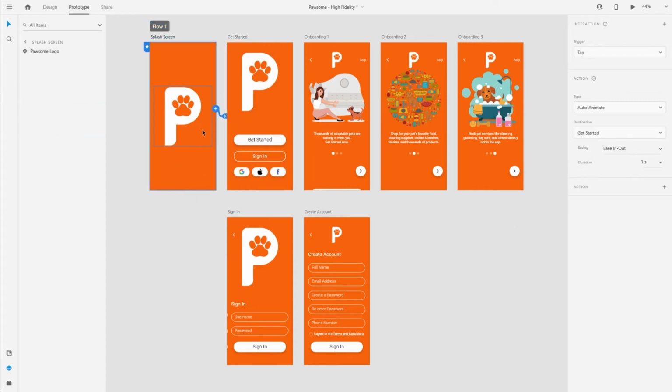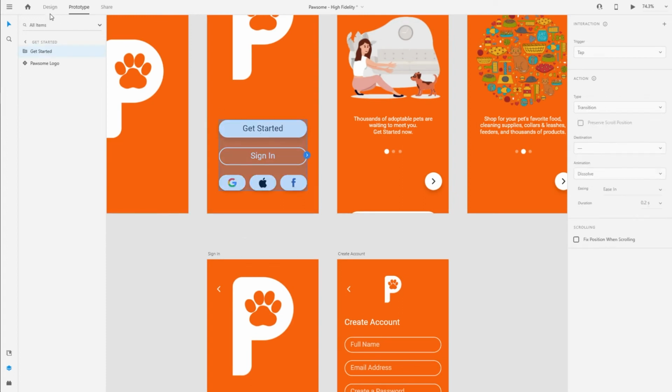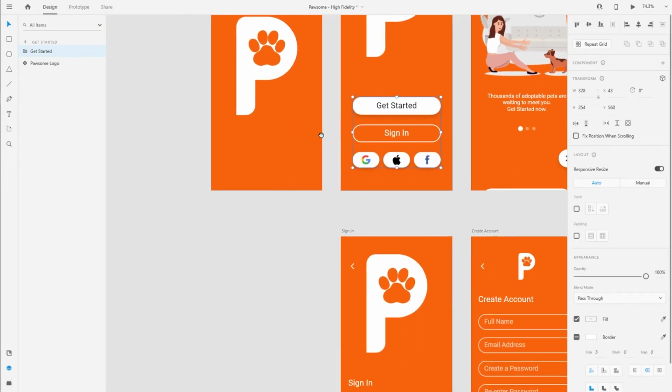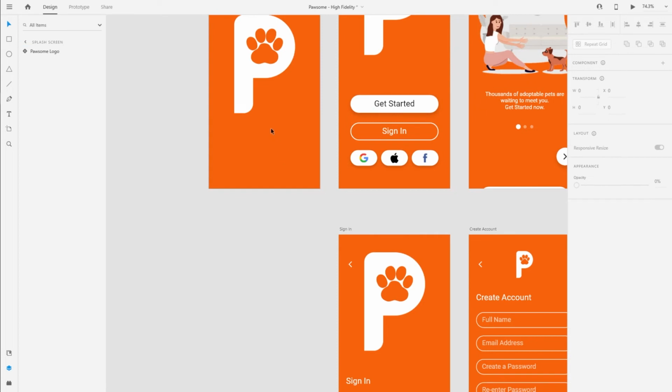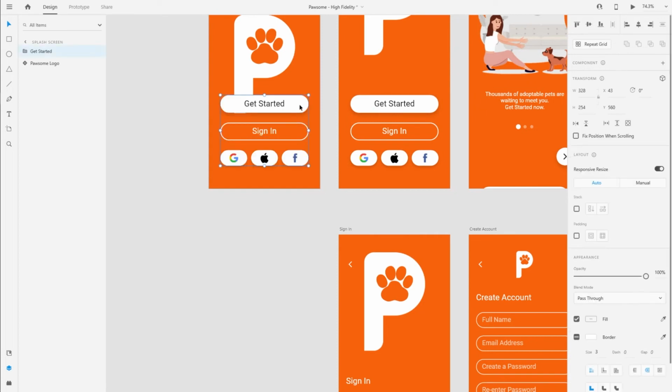And so from this screen, it comes to the get started screen, and then I want to animate this group section, the get started, sign in, and all these social media sign in options. So I'm going to go back to the design tab and select this, copy and paste it on the splash screen. But now I'm going to move it down